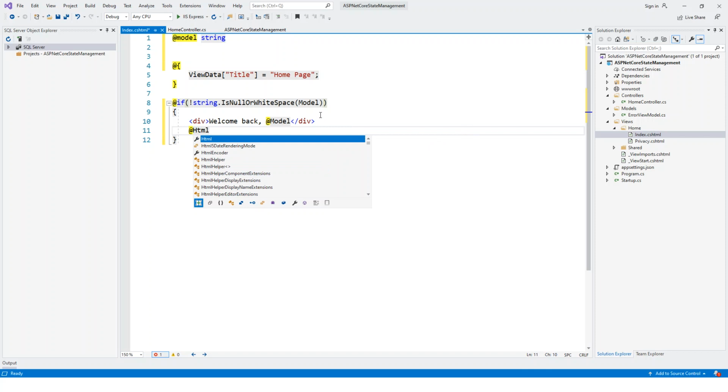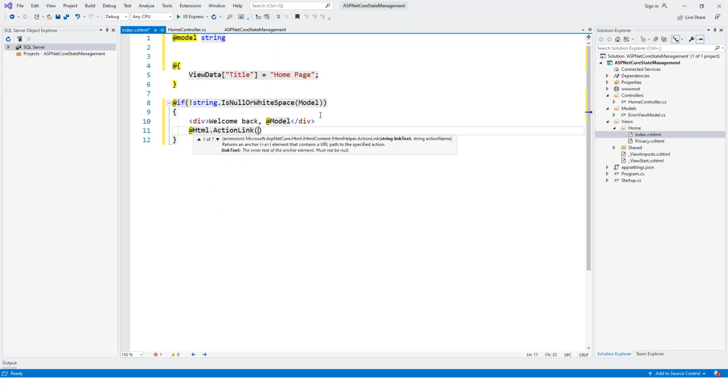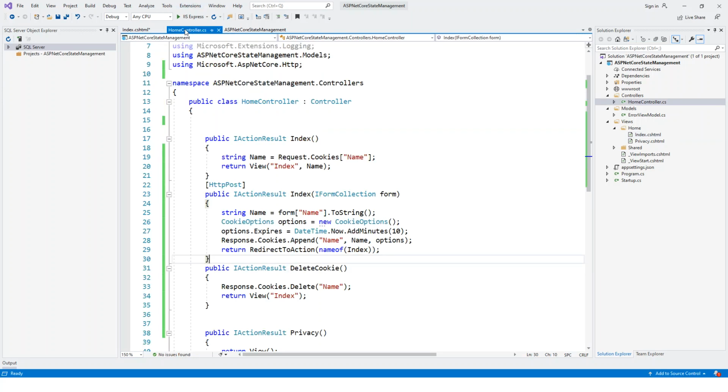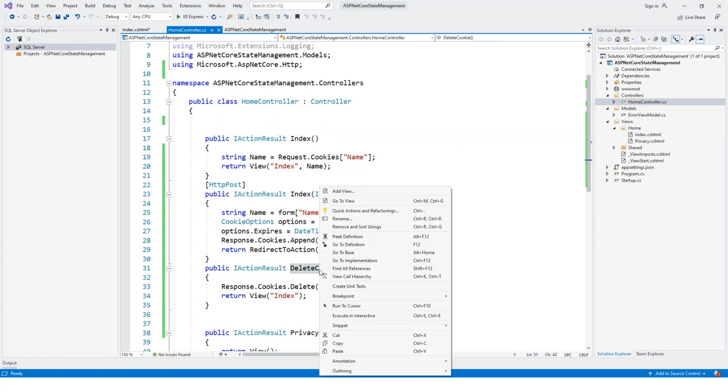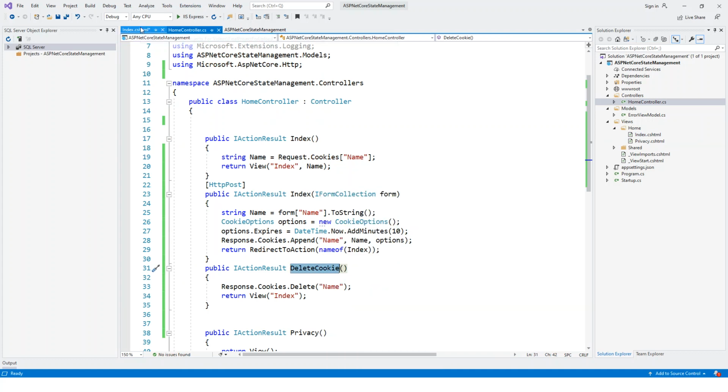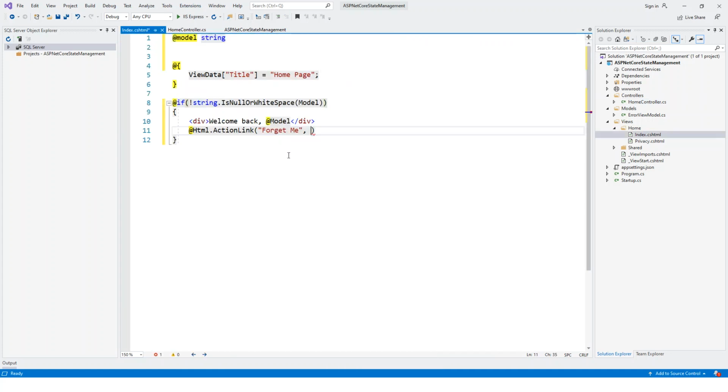So Html.ActionLink. It will create a link, and link text is "Forget me", and then this will be a method string action name. So action name was DeleteCookie. I'll just copy it from here and write it within a pair of quotes. Okay,